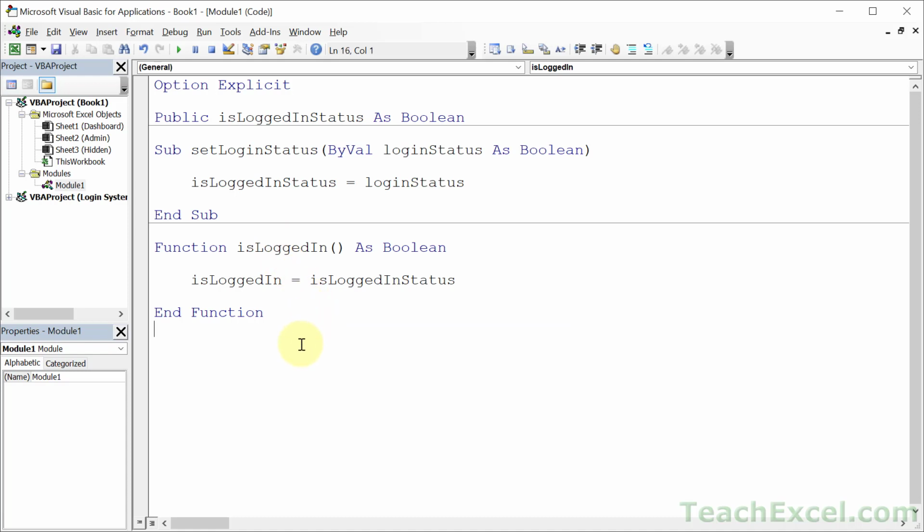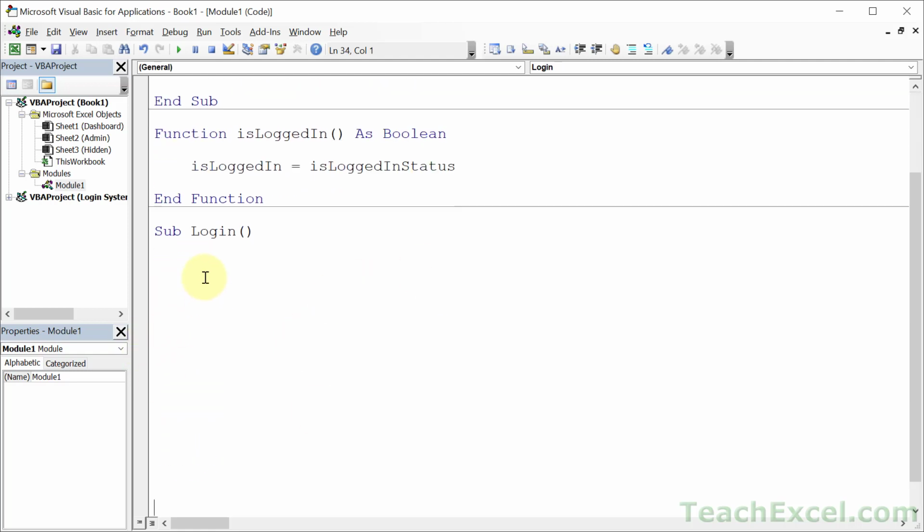And now we have two lower level procedures that are going to handle the actual changing of the status and the outputting of it, or the returning of it within the project. And let's make the actual sub that's going to do the login. Let's call it a login. I'm going to give it some space so we can center this guy. And what I want to do here